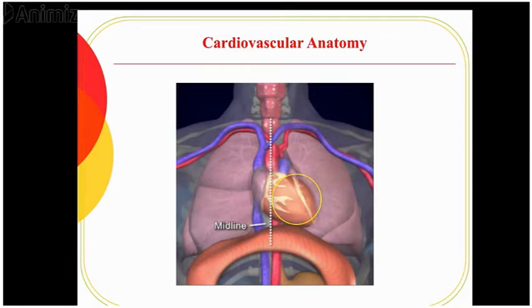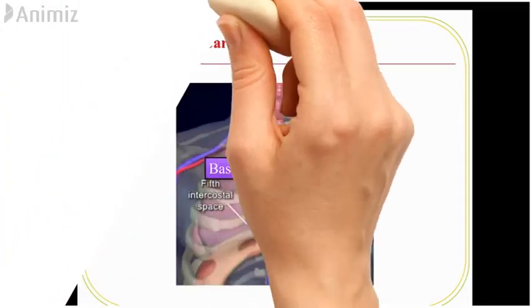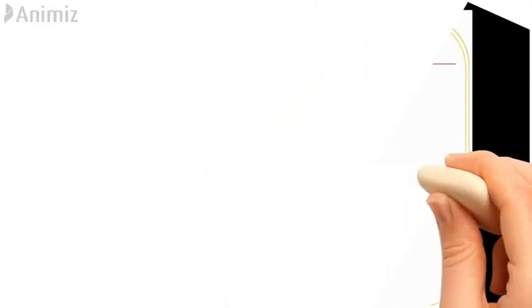As you see, about 2/3 of the heart is in the left side. That's why you always hear that the heart is in the left side of the chest, and only about 1/3 is in the right side of the thorax. Now, anatomically, the heart is located between the second intercostal space and the fifth intercostal space, and it's the opposite compared with the lungs. As you see, the base of the heart is actually on top, right here. That's the base, and that's the apex. That's why we call this area apical.